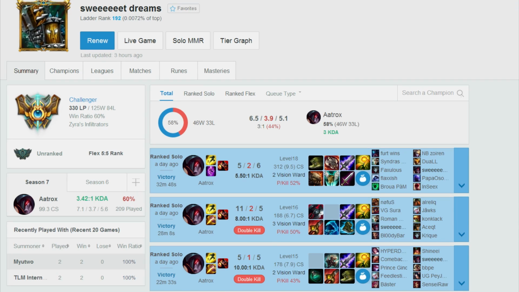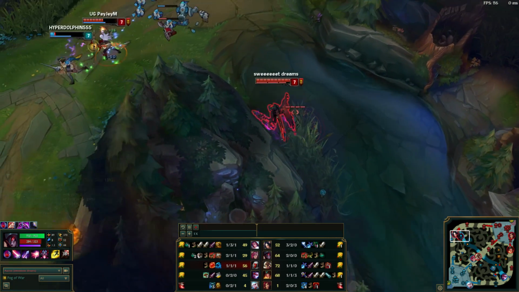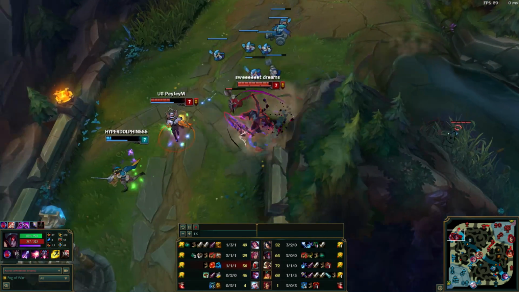Ladies and gentlemen, my name is Mickey C, aka TheLoLHounds, and today we have a build guide on the highest ranked EU West and best LOLSKILL Aatrox player. And yes, can you believe it? There is actually an Aatrox one-trick player in Challenger. He goes by the summoner name Sweet Dreams, and he plays Aatrox mainly in the jungle. He is currently ranked 192, and in fact he has not played any other champion apart from Aatrox so far